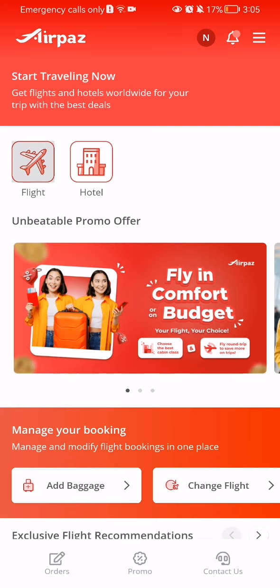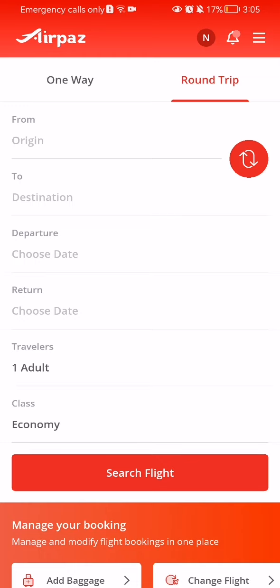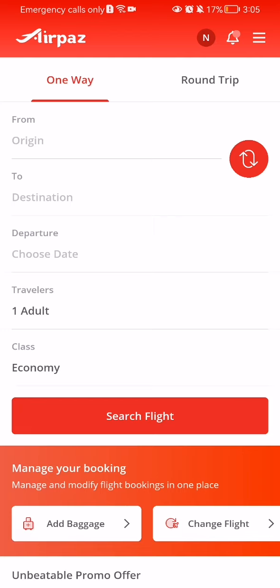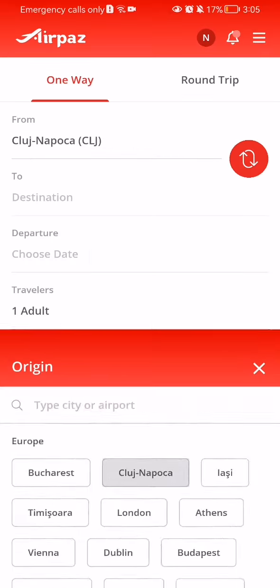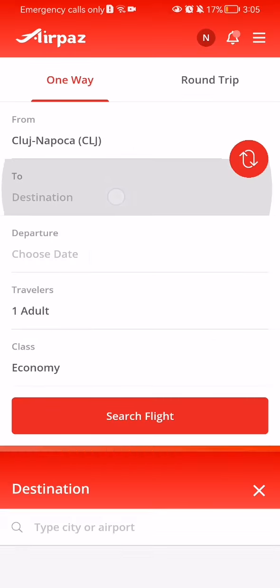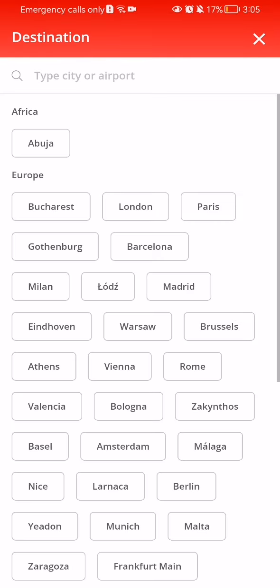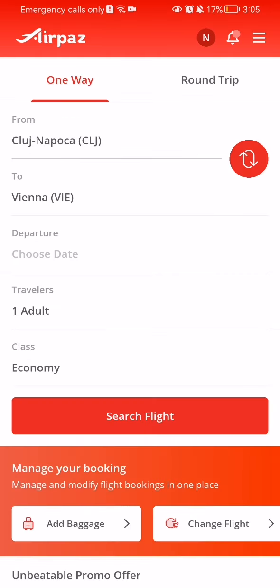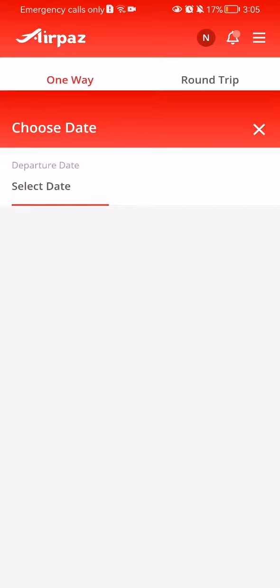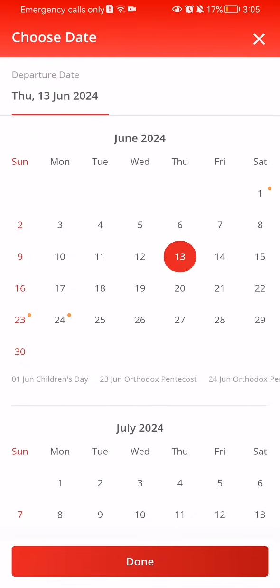Press on it. And here you can select first if you want to have a one-way trip or a round trip. Now it depends on your preference, and then you have to select where you are coming from at first. So for example, Cluj-Napoca, and you have to select after that the destination, for example Vienna. And you also have to select now the departure date,